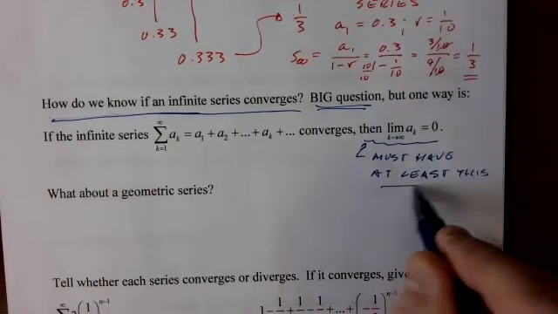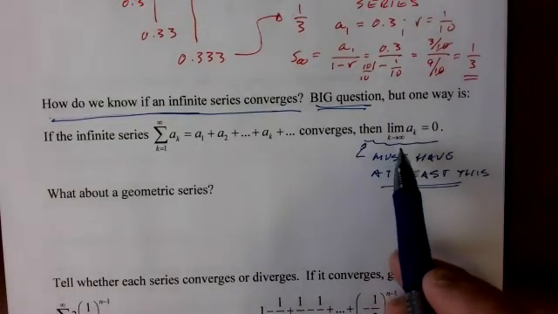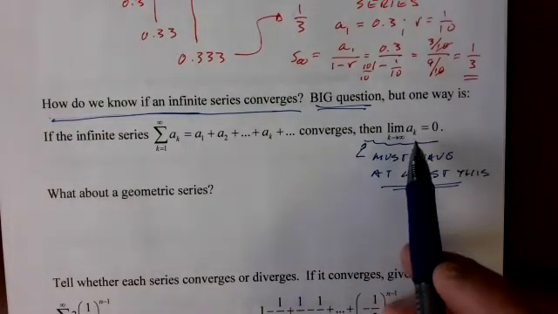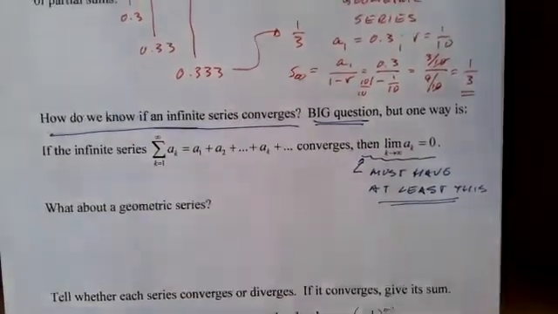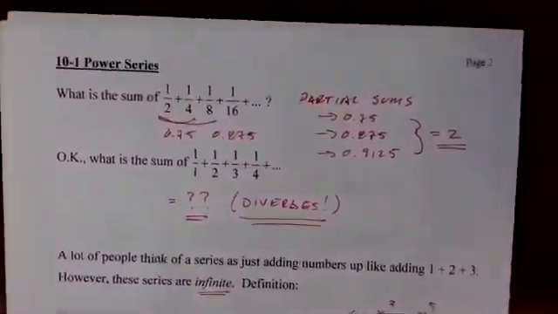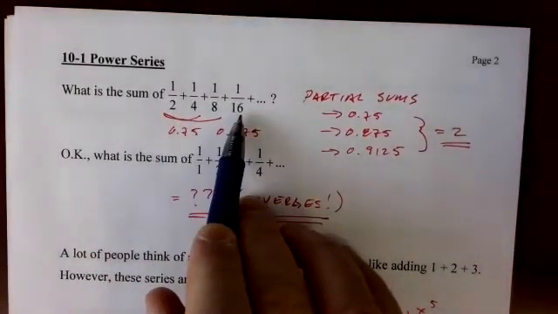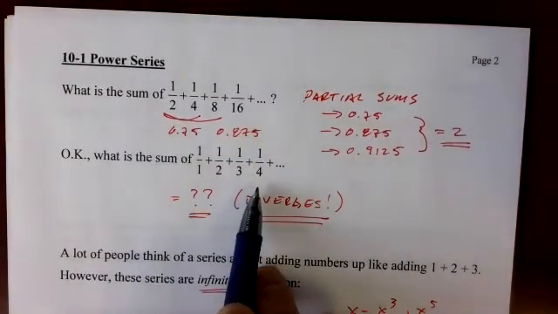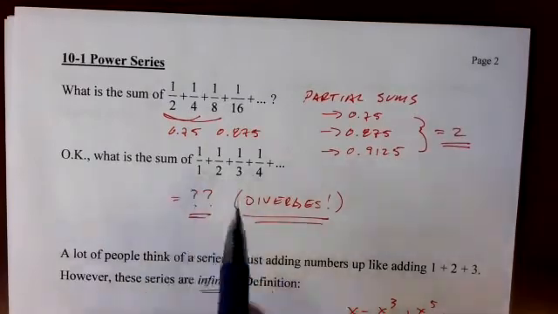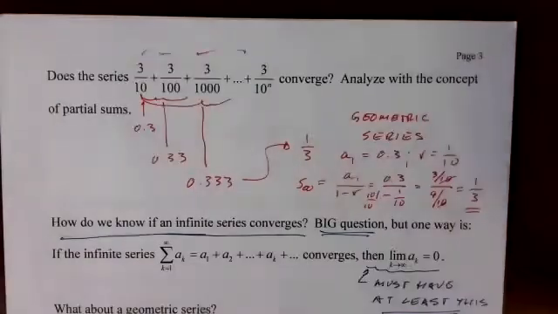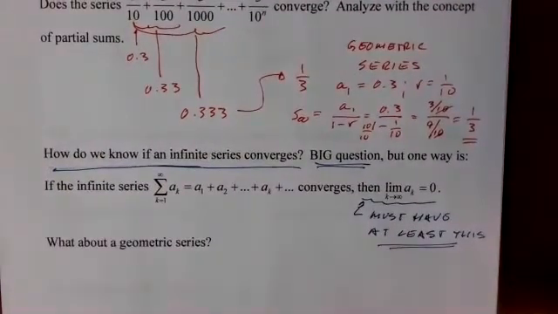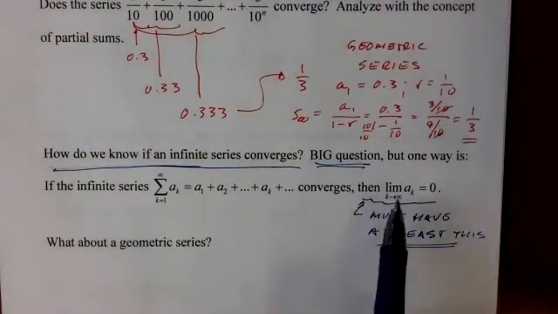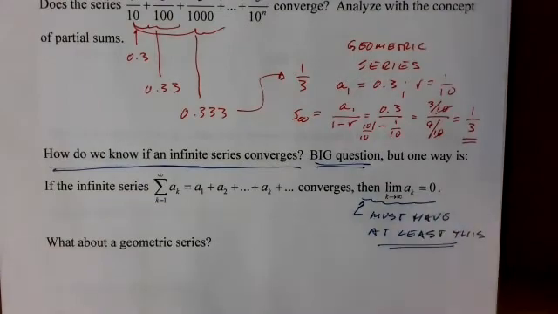You must have at least the fact that as we go to infinity, the terms get closer and closer to 0. Now, back the page. Right, closer and closer to 0. But this one's closer and closer to 0. How come it diverges? I didn't say if it goes to infinity, it would definitely converge. I said at least before we say, is this converge? You know what? The first thing we're going to check is, does it get closer and closer to 0? If not, or